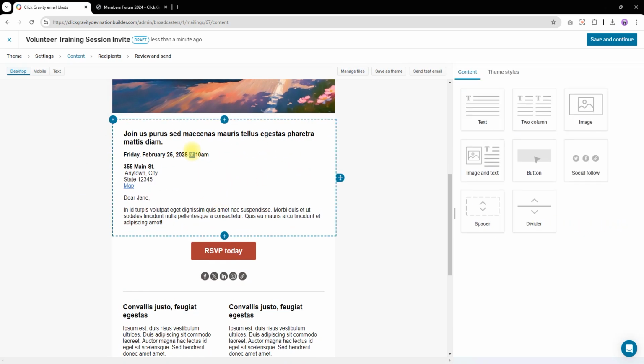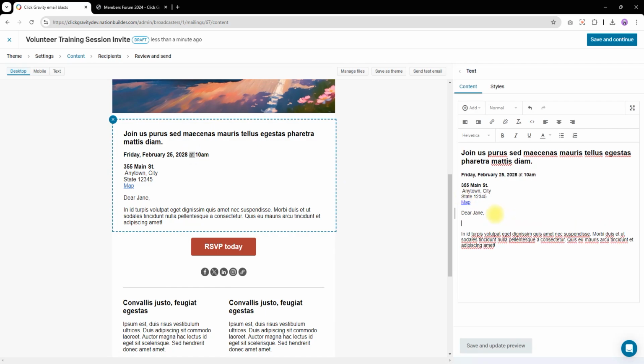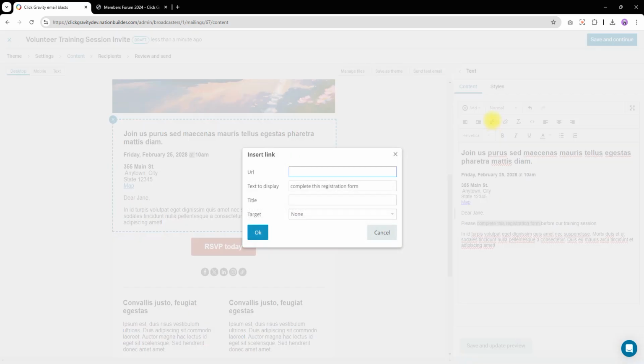So here in our text, let me put in a link to our form. Please complete this registration form before our training session. Now I need to hyperlink it. So I might select that text, click the link button, and then I can now paste that URL that I copied before. So because I uploaded it, it has a URL that now says